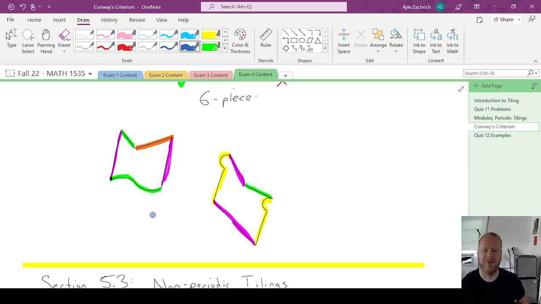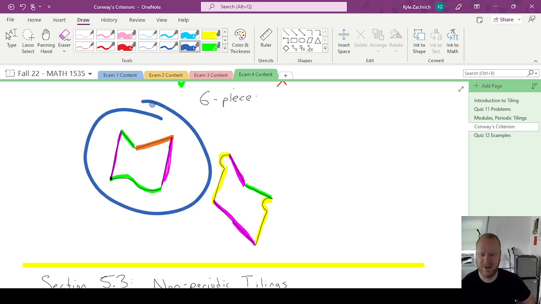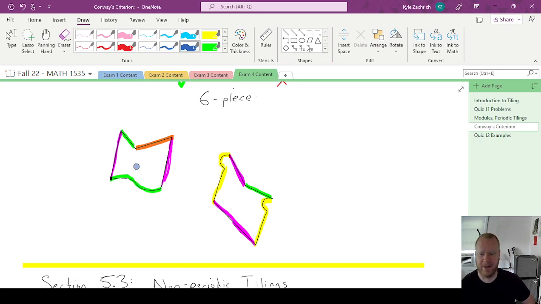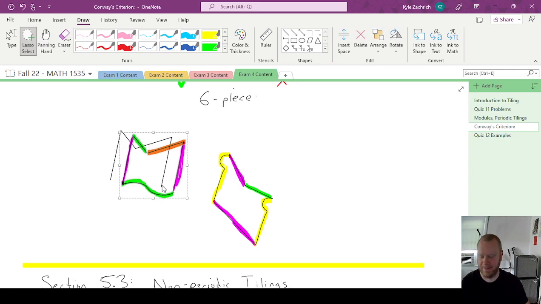So this shape here actually does satisfy Conway's Criterion, right? As it stands, I've got 2 pieces that are on opposite sides. So in a 5-piece, these are on opposite sides. And then every other piece has rotational symmetry. This piece has rotational symmetry because it's a straight line. This piece as well. And even that curvy piece, we saw that we can